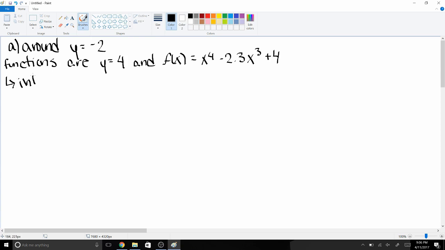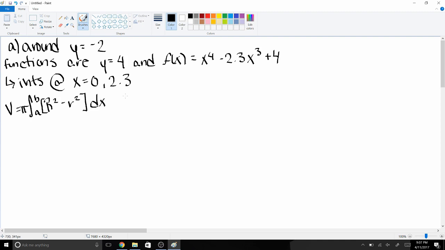To set up our integral, we use the washer method. Outside the integral is pi, and inside the integral is the upper function in relation to our axis of rotation, which in this case is y is equal to 4, minus -2 to represent that there is an extra distance beyond just going to the x-axis because of our axis of rotation being lower, squared,